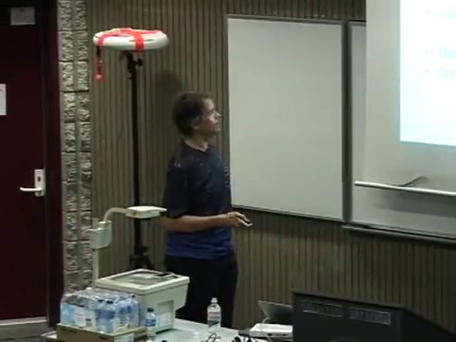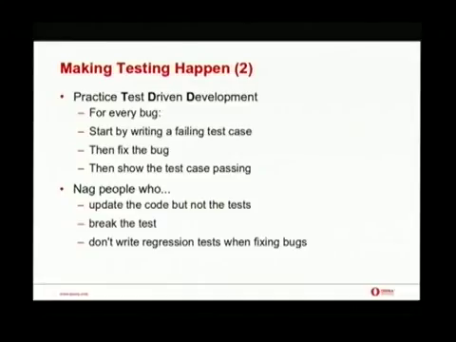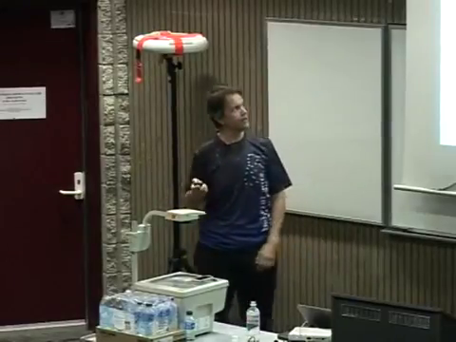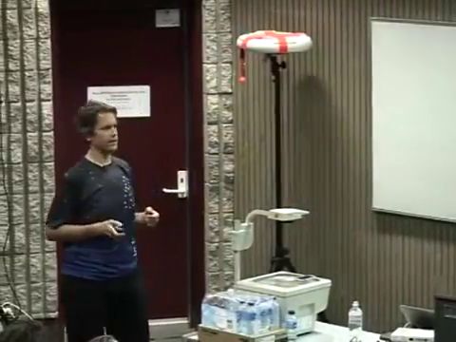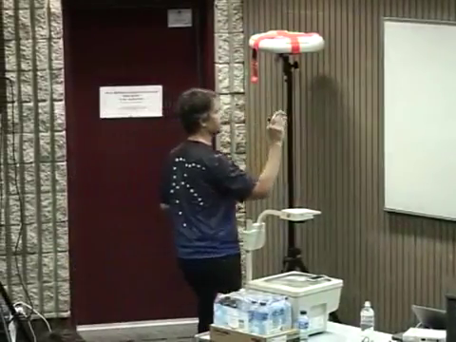Making testing happen. Test-driven development. This is a good thing to practice, although you don't have to swallow the entire agile red pill. Fundamentally what it means is every time you address a bug or a small feature, you start by writing a failing test case in your test suite that you already have. Then you fix the bug, and then you show the test case passes. Like all software methodology things, there's an element of fantasy, but if you stick to this as the basic premise, then it actually works well.